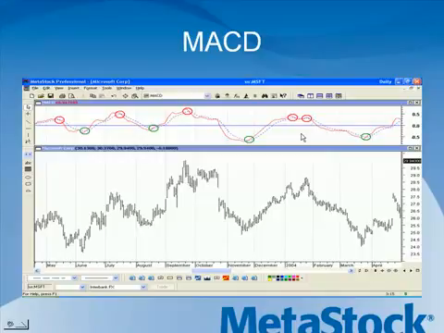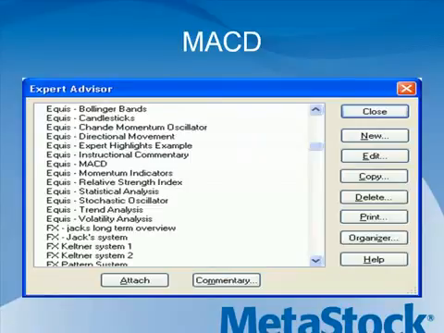So to see these buy and sell indicators on your chart, if you have the Metastock program, you can use a power tool inside the program called the Expert Advisor. The Expert Advisor is located up in the toolbar, and it has its little designation of a gentleman with a top hat on. By clicking on that, you'll get a menu that'll pop up, and these are the type of Expert Advisors that you'll see inside your program. There's a number of different Expert Advisors that come installed with your Metastock program. And the one you're going to be looking for in this case is called the